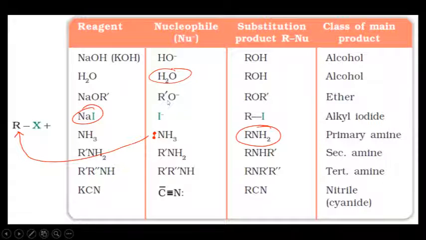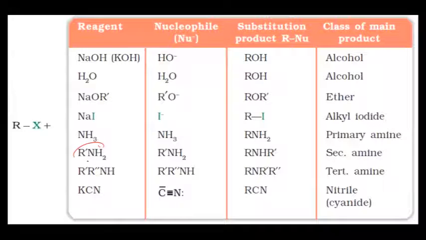Now the next one, again similar thing. In this one, same point. Nitrogen has an extra electron pair, it will get attached, and then one more hydrogen from here will leave with chlorine. So that's why here you have only one hydrogen. Then again, next one, this nitrogen will get attached with its electrons, and after that, this hydrogen will go away. That's why no hydrogen here in this case. Hydrogen will go away as H plus and combine with Cl minus, Br minus, whatever halogen is there.